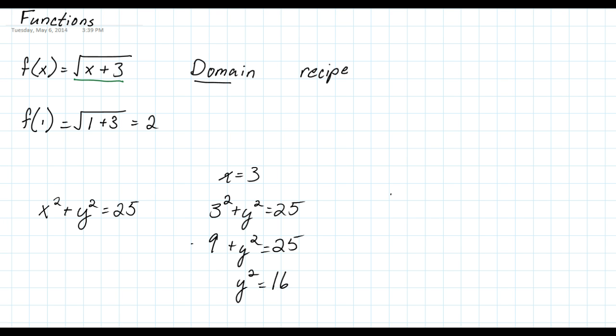But now, y can equal plus or minus the square root of 16, which is, of course, plus or minus 4. And so we don't get one unique thing out of it. So here, y is not a function